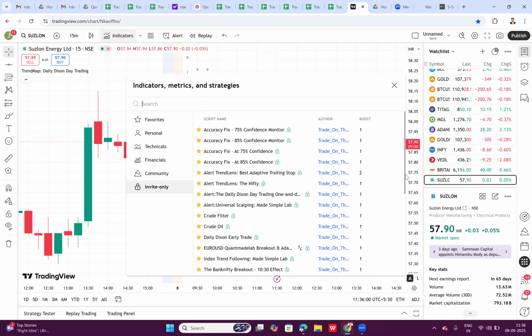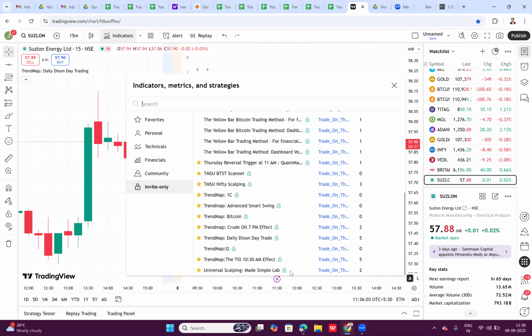If anyone wants to trade in all stocks, then we have a separate indicator, the universal daily trading indicator, right? This universal daily trading indicator provides very good profit in all other stocks. For 8 other stocks, we have the 1030 M effect indicator, which we will apply in stocks including TCS, Infosys, Bajaj Finance, and many others. And if anyone wants to trade in 4 stocks, including HAL, Adani Enterprises, Bajaj Finance, and these 3 stocks with Dixon,